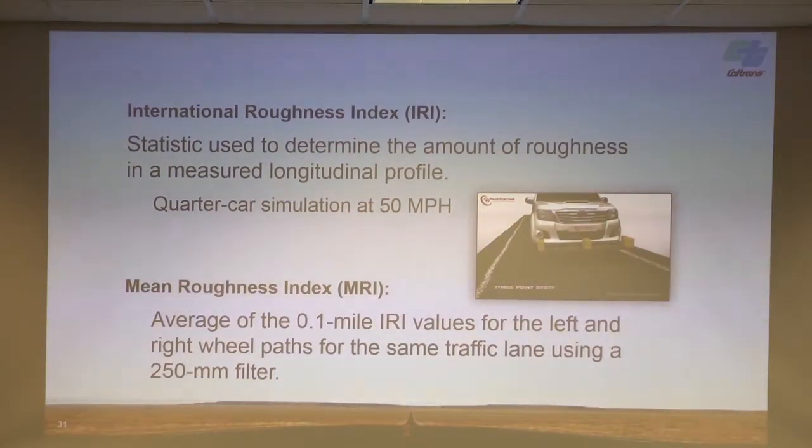So to analyze the International Roughness Index, basically you run a quarter car model. It's a single wheel with defined springs and suspension, different masses. And it's basically an algorithm that calculates IRI. So when we think about IRI, there's an IRI value for every point along that road. And we're going to be looking at averages. If we're looking at localized roughness, we're looking at the average IRI values of all those points over a sliding 25-foot segment. If we're talking about MRI, we're looking at the average roughness of both wheel paths for a 10th mile segment.